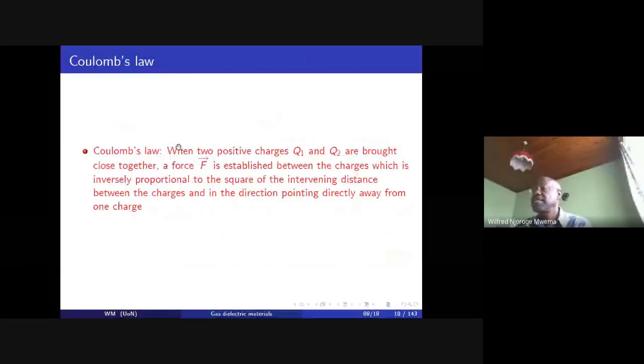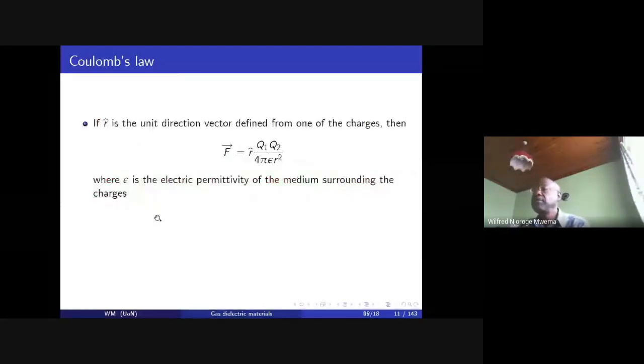And the important results from electrostatics, we just cover this quickly and look at what we call Coulomb's law, where we say that when two positive charges Q1 and Q2 are brought close together to a distance r, a force F is established between the two charges, which will be inversely proportional to the square of the intervening distance between the charges and in the direction pointing directly away from one of the charges. And if you take r cap as the unit direction vector defined from one of the charges,